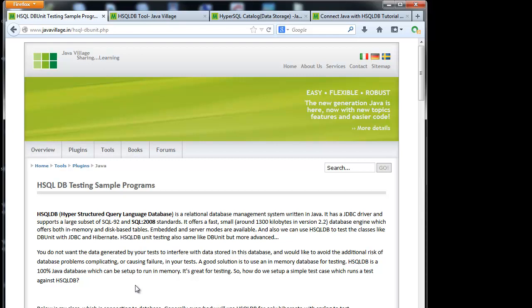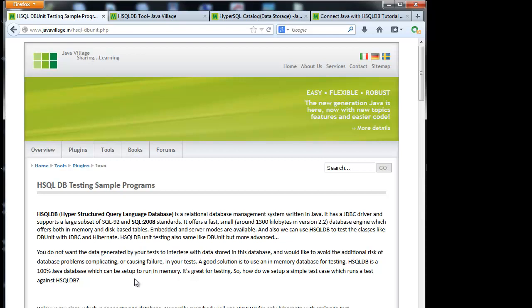Yes, using HSQL DB we can overcome all these problems. A good solution is to use an in-memory database for testing. If we go for HSQL DB, we'll use the in-memory database so that we can easily connect to that memory system. Even in Jenkins we can easily build the project.